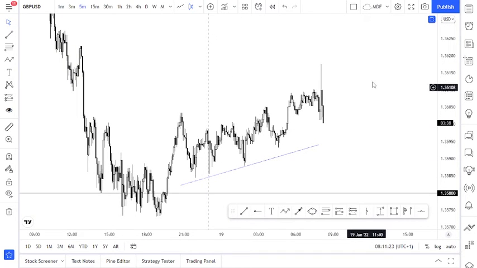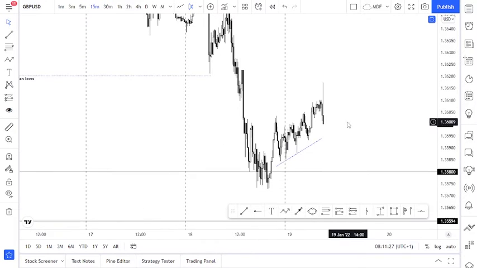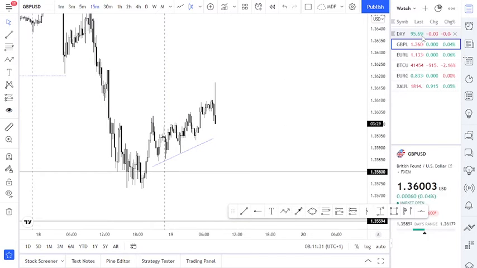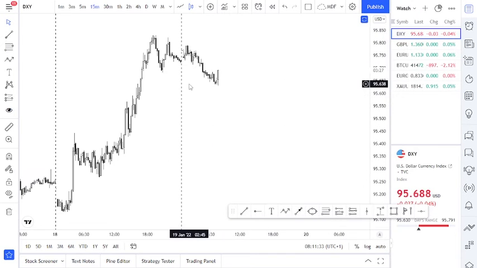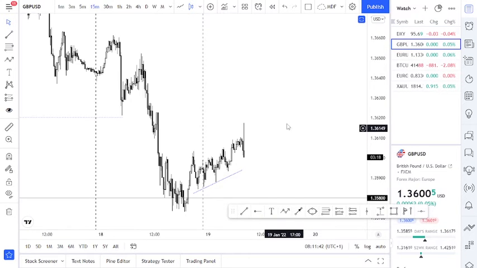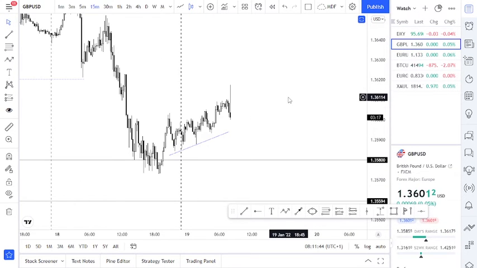And I think this still corresponds with what we are looking at on dollar index. Remember, we're expecting dollar index to return back to a particular region and bounce up. Exactly. So you see, dollar index is already coming back to where we expect it to come back and do what? Bounce down. So I think it's in line. So let's just look at it and see what happens at it. So that's that for GBP/USD.